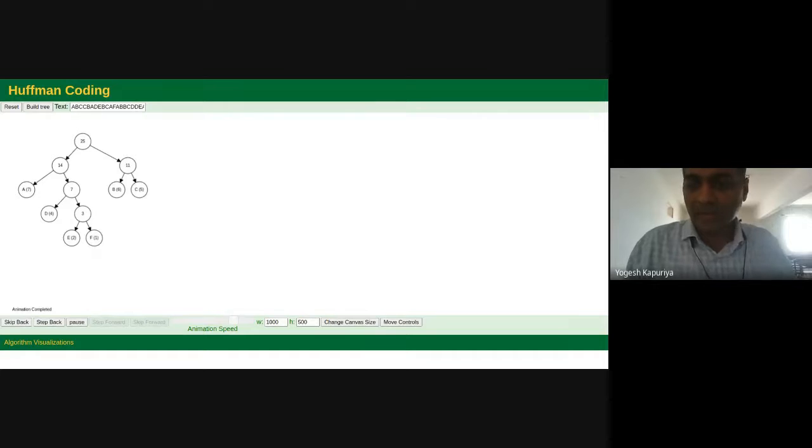The only place where we tend to make mistakes is what I have told you: you extract the two minimums, but sometimes you put one on the left side, sometimes on the right side. Yes, good question. If you have three minimums, then you can select any two of them. Let's say you have a letter A with frequency 7, B with frequency 7, and some temporary node T1 with frequency 7.